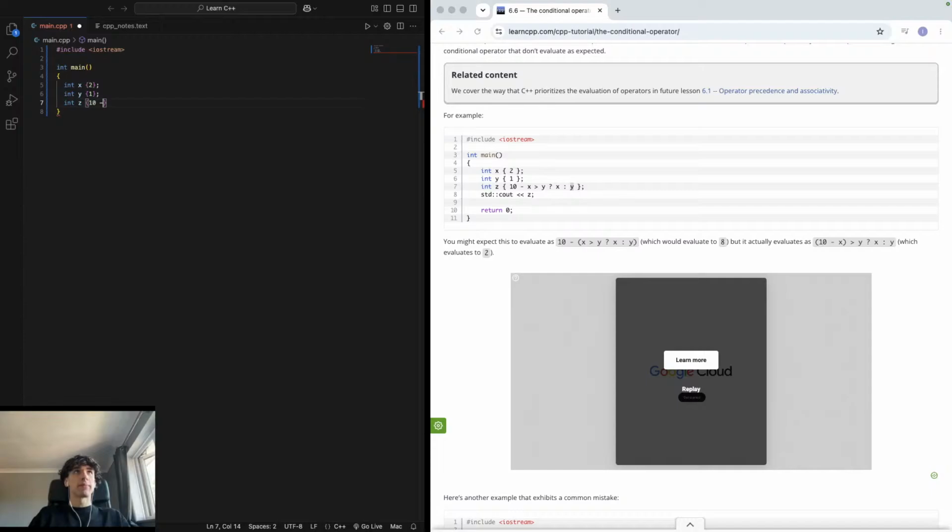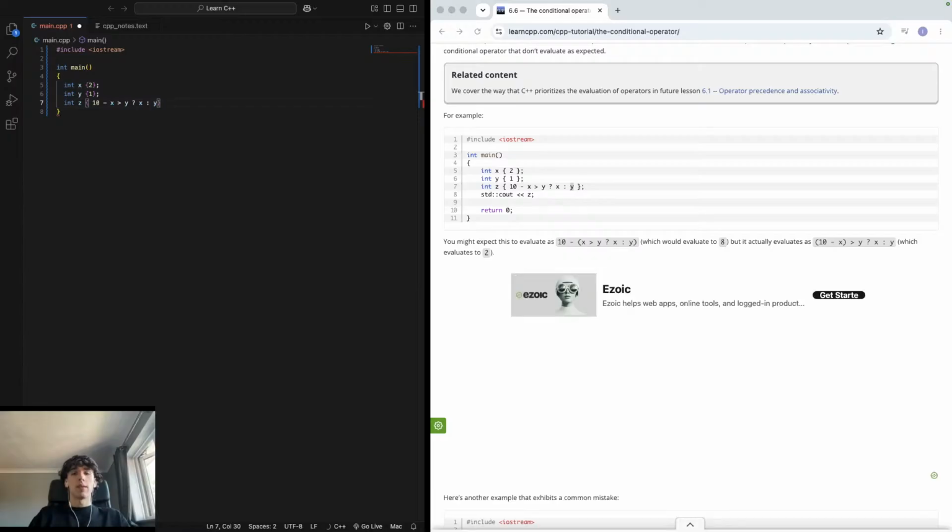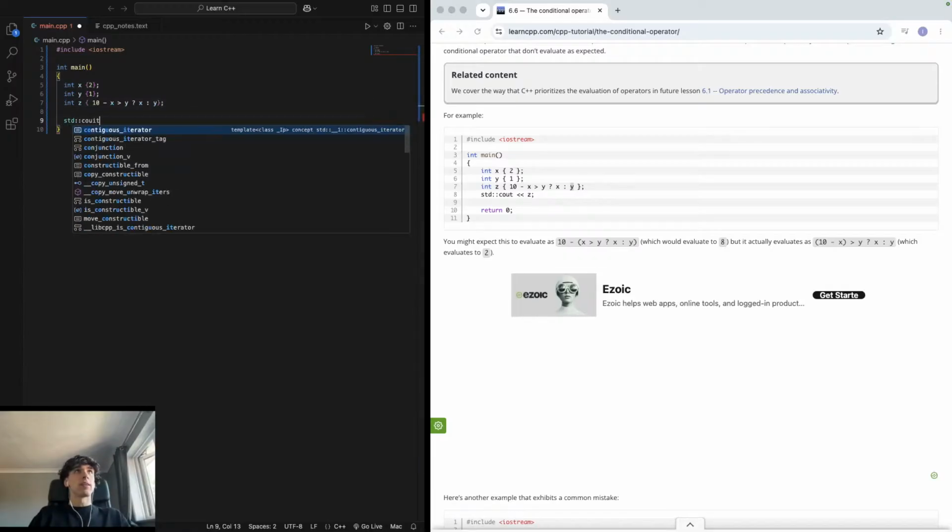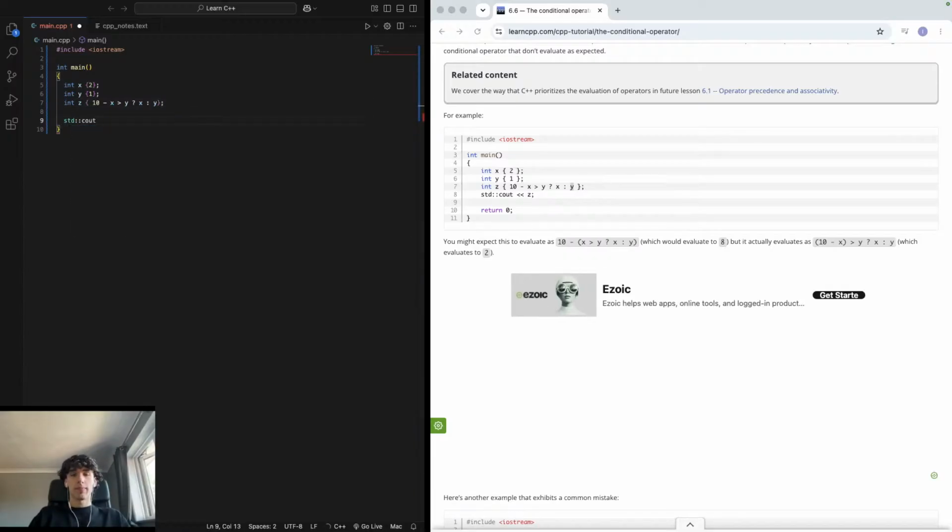So if 10 minus x is greater than y, then we do x, else y. And then we'll do a standard character output of z. Then we'll simply return. So if we do that,